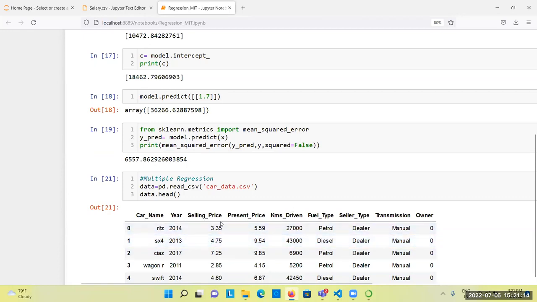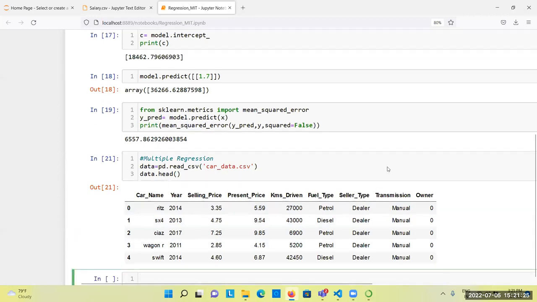Here, from this data set, it is clear that there is more than one feature for predicting the value of the selling price, right? So we are using the concept of multiple linear regression. Based on multiple features, we are going to predict the selling price of a car. Okay. So for that,